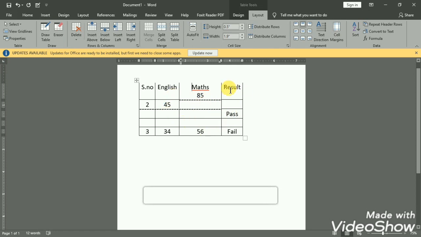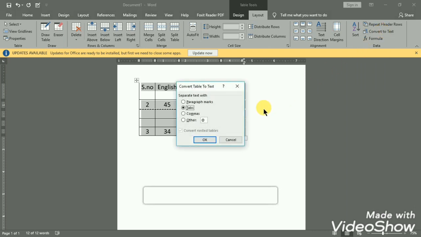It is asking what type of separator to use. You can separate the table cells with commas, or with other symbols like at the rate, full stop, etc. Or if you want to use paragraph marks, etc. So now I'm using tabs, because tabs give space from cell to cell. So I'm selecting Tab and OK. So my data is converted into text, but you can see here the data is